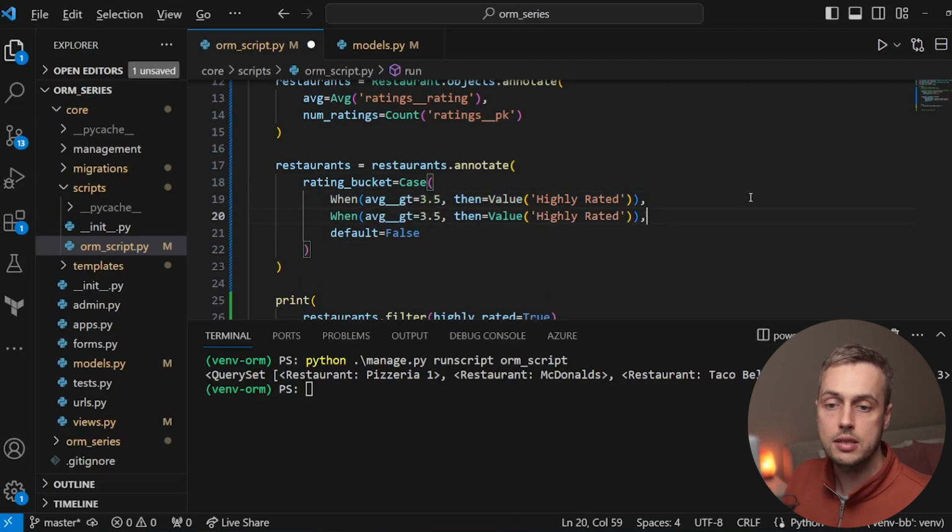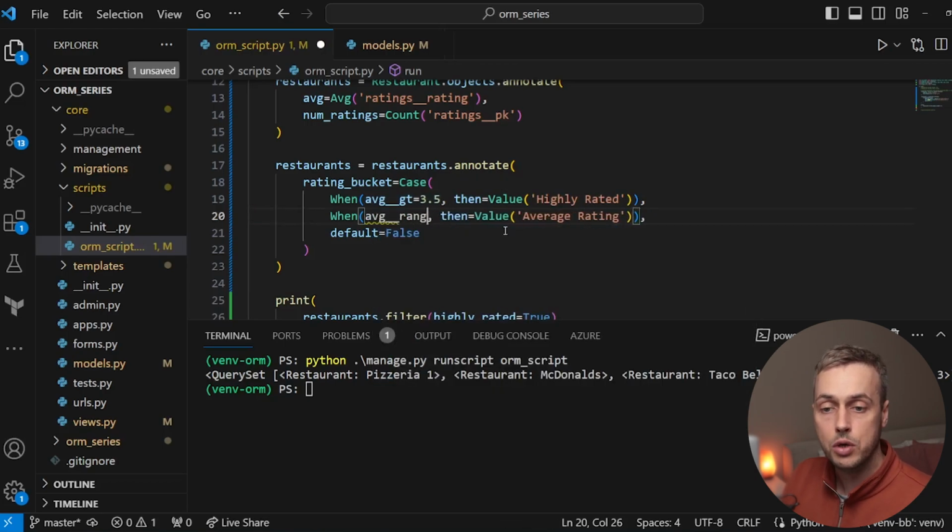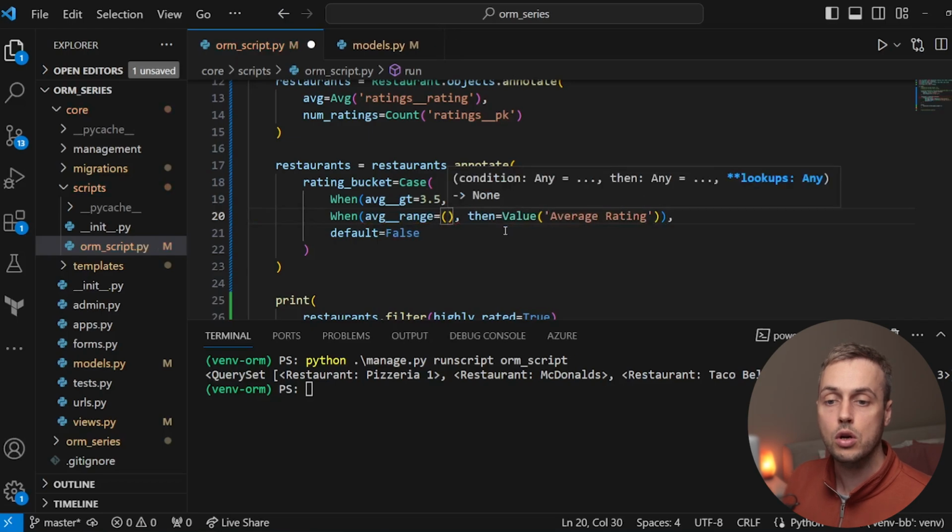I'm going to copy this line down below, and we're going to define a second when object here, and this is for restaurants with an average rating. So I'm going to change the value of the then expression to "average rating", and what we need to do now is define the conditions for which a restaurant will have an average rating. So again, we're going to look at the average field, but instead of greater than, I'm going to use the range lookup here, and we're going to look for restaurants whose average rating is between 2 values,